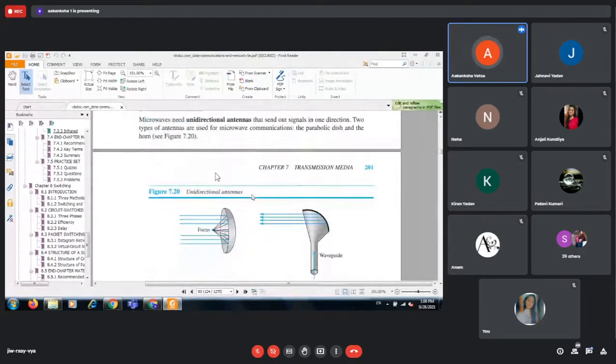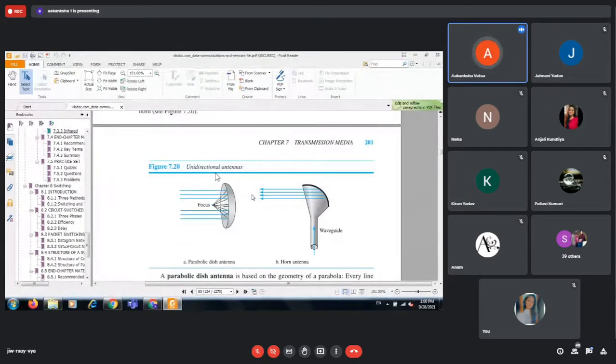Now you can see there are two types of unidirectional antennas. One is this parabolic dish antenna, which we use in dish TVs, and another is the horn antenna. You can see here the parabolic dish antenna: all the rays, the EM waves, the microwave frequencies that are coming are reaching the parabolic dish, and they can arrive at any place on the dish, but they are reflected at the same point. The focal point is the same, the focus is the same. So all are reflected back and combined into one and sent.